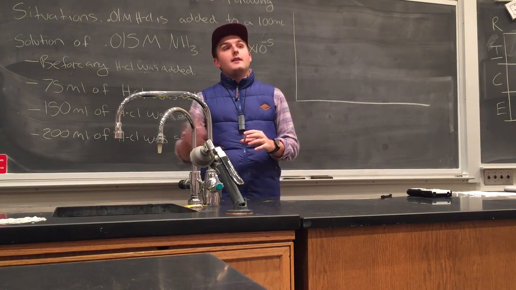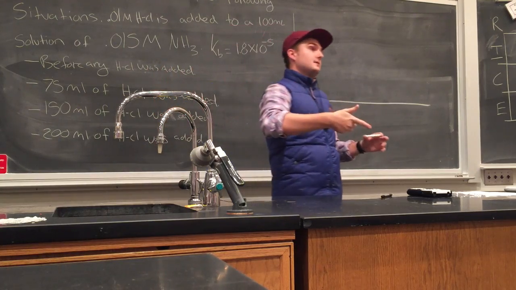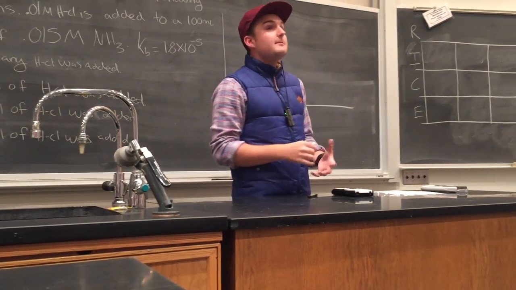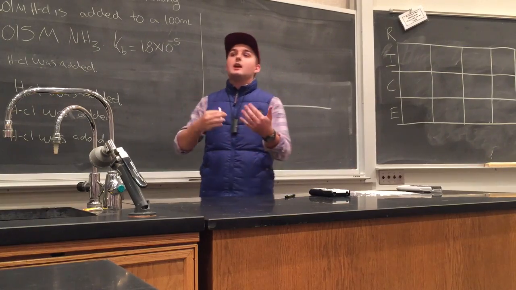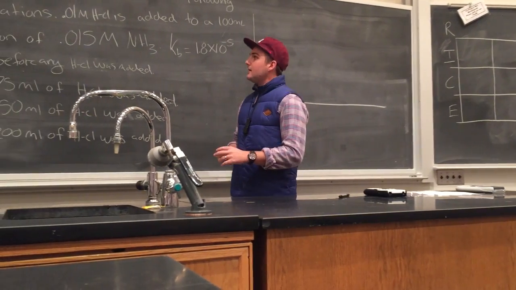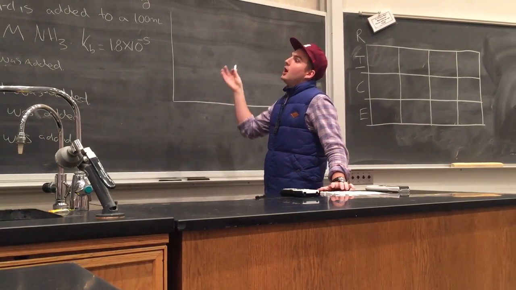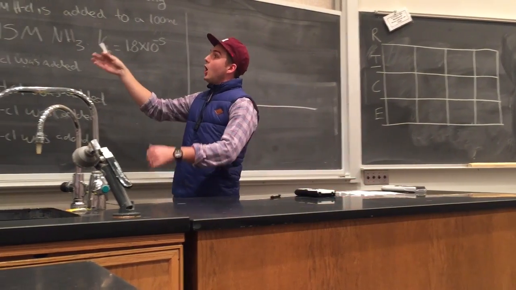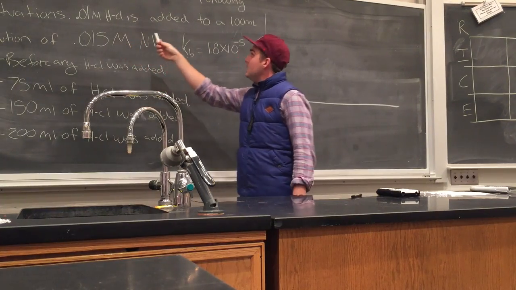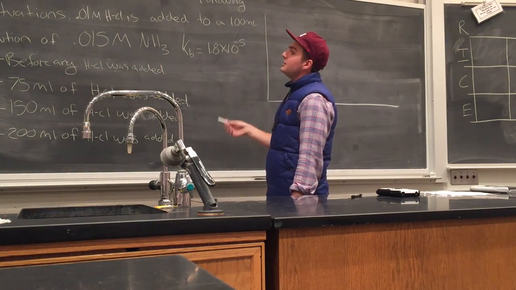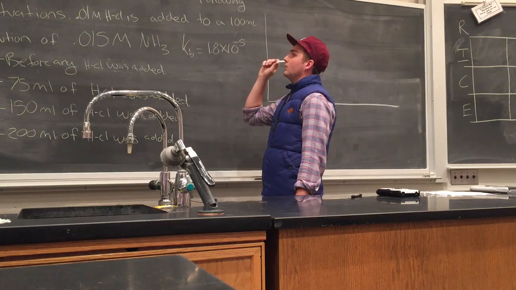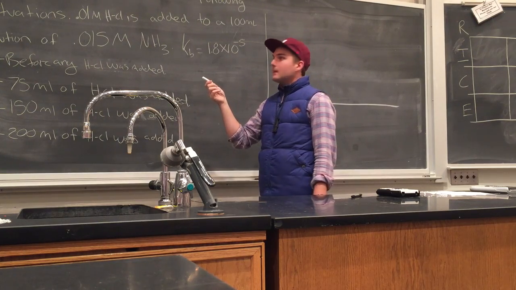But in this one that I have on the board, we have a weak base and we're titrating it with a strong acid. It doesn't matter, the pattern doesn't change depending on which direction we're looking at it. Okay? So they all are something like this. If I calculate the pH for the following situations, right? I have 0.01 molar of a strong acid added to a 100 milliliter solution of 0.015 molar NH3, okay,